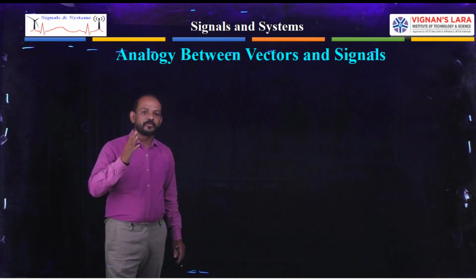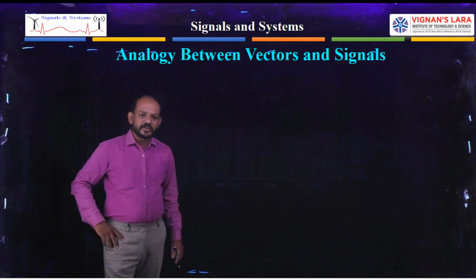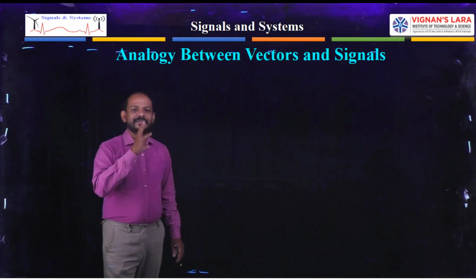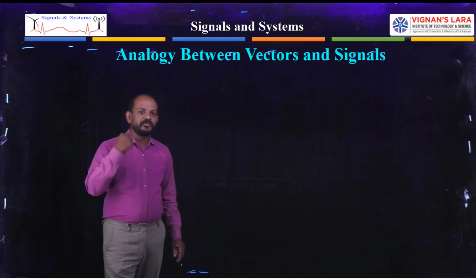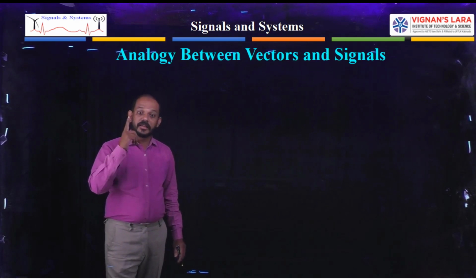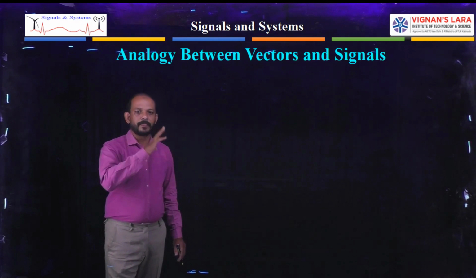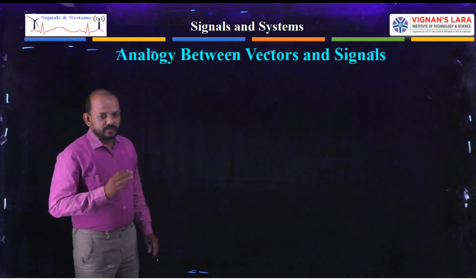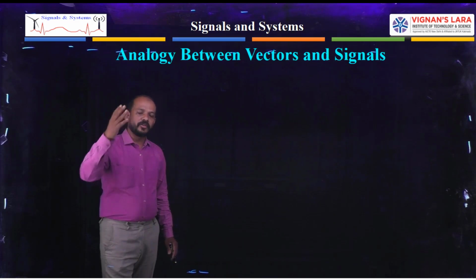I asked you to find out the value of C12 to get the minimum error. The error signal should be very minimum. Then what will be the value of C12? I had given you the equation for C12 also, and I asked you to prove that one. Now I think many of you have not done the work, so I am going to do that on the board now itself.